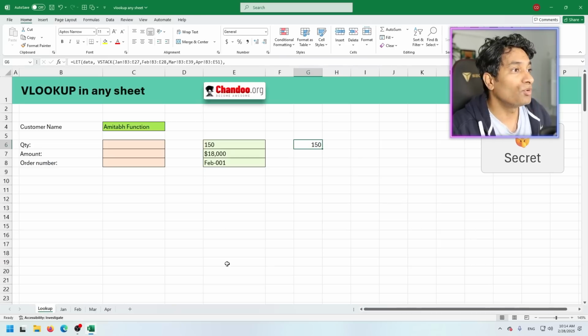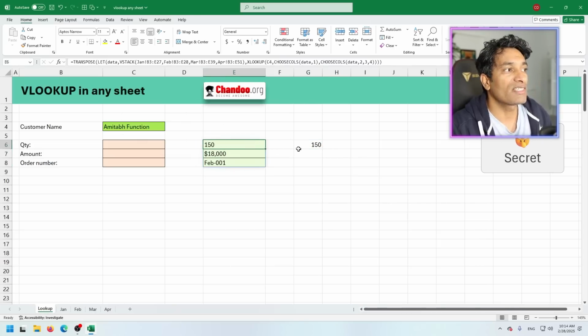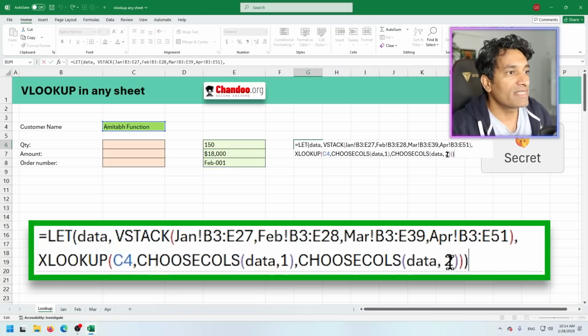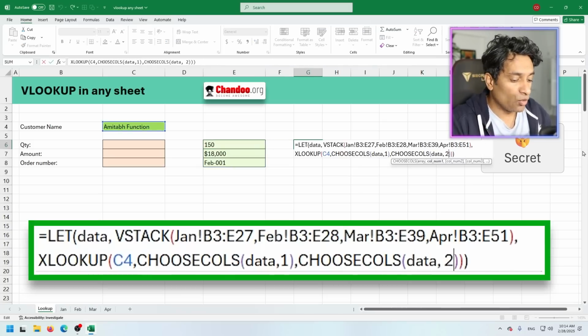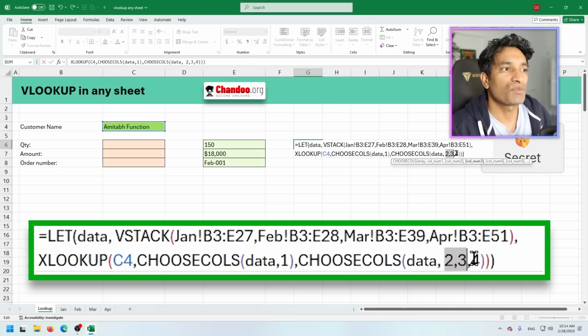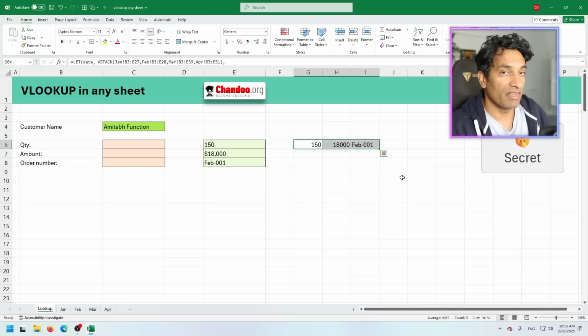So I'm going to show you how to do that now. The first one is, how do we get all of this? Not just the quantity, but the amount and the order number. For this, instead of selecting column 2 alone, we can say I want column 2, column 3, column 4 after the lookup has done its bit. So you can specify any number of columns here, and when you hit enter, they will all go sideways. This is because they're columns. So when Excel is returning the values, it will also return them in the column-wise fashion.